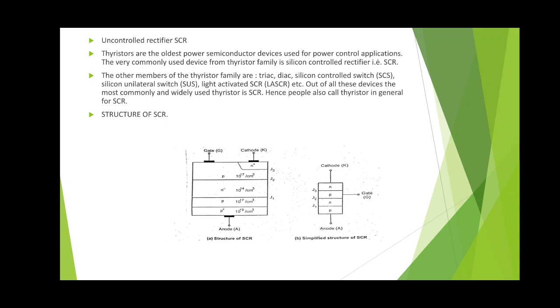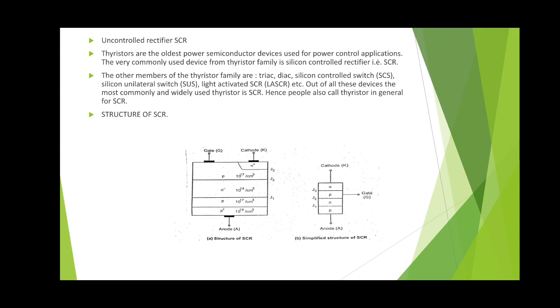On this topic we get questions such as: write the structure of SCR, explain the structure of SCR, explain the VI characteristics of SCR. Then we get a 5 marks question to define holding current and latching current. Sometimes we get the question to list the applications, advantages and disadvantages. But the most frequently and repeatedly asked question is about the anode current or the two transistor analogy of the SCR. We will be discussing all these questions in this video.